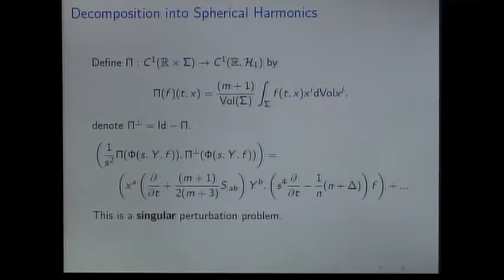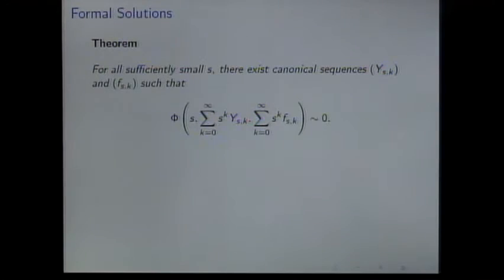That's a problem, because the problem that we're dealing with here is not a regular perturbation, it's actually a singular perturbation, because in the limit, as s tends to 0, the time component vanishes, and we no longer have a parabolic operator. So these operators are not uniformly parabolic. Still, you can more or less go in the same direction as before.